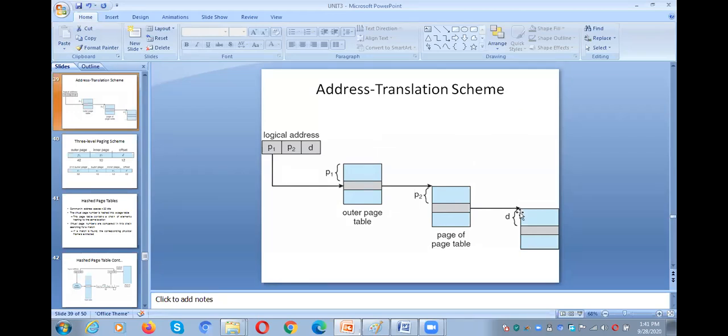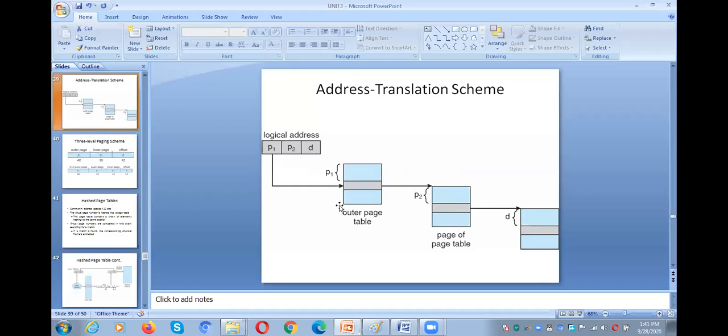From the base address, we need to go to some other location to get the exact location. That means the frame points to the base address. From the base address, how much do we need to add to go to the exact location? You need to add the offset. So if you add the offset to the base address, then we'll get the exact location.